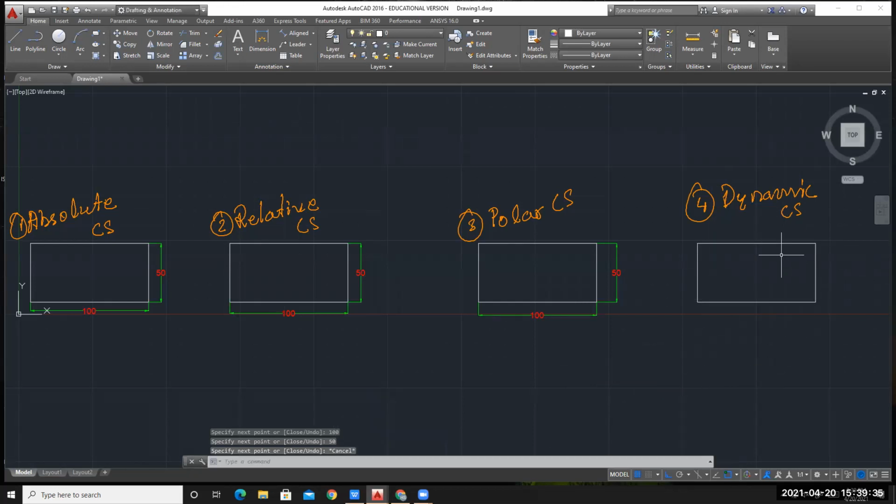So this is the simplest one and most used coordinate system. But at many places, those polar and relatives are used. So you should know about those coordinate systems also. In our drawings, basically, we will be using this dynamic coordinate system quite often. Okay. So these are the 4 coordinate systems that we have studied today.